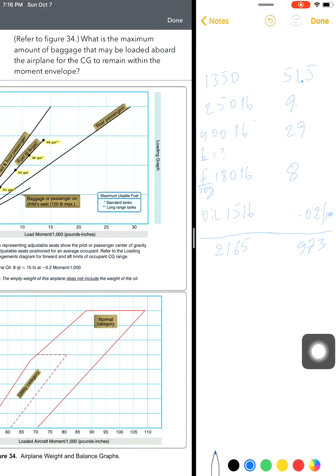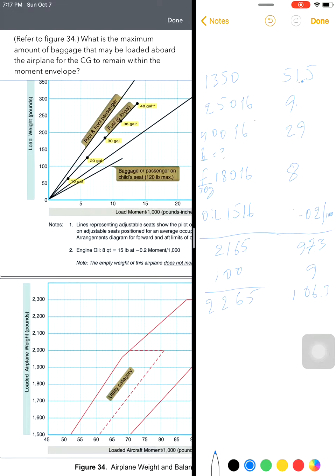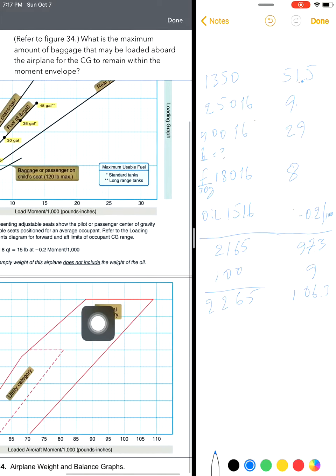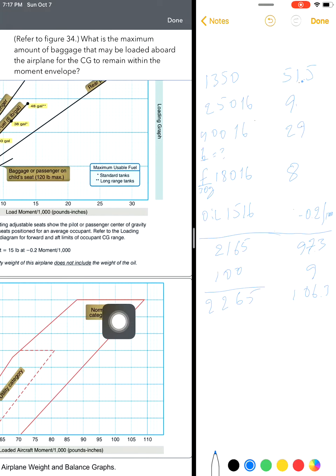would be 97.3 plus 9 will be 106.3. And then we did 100 here. Let's say what do we got? So we got 2265. So if we come up here, we know that we got 2265, something like that. And then we have 106, 105, 106. So still within the